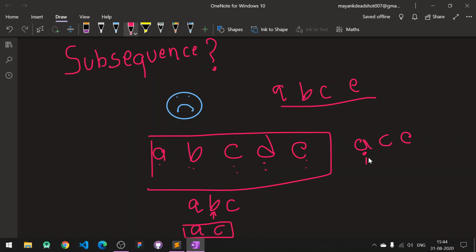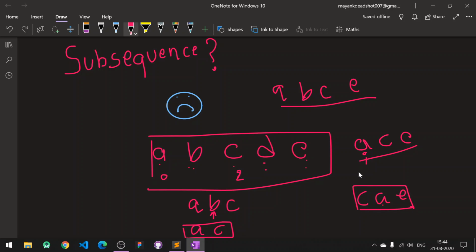So we cannot take C, A, E, just because A occurs previous to C. The index of A is 0 and the index of C is 2, so we cannot take this because the order is reversed. So this is a valid subsequence, and this is not.